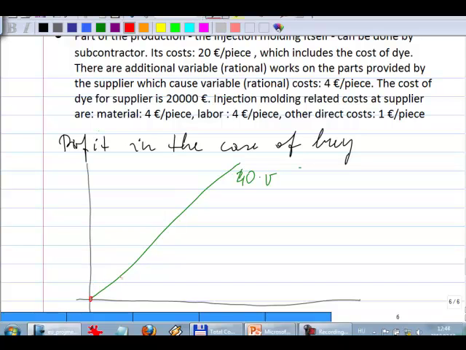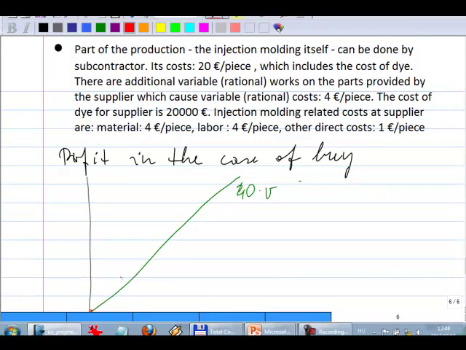What is the slope of this cost line? What is the cost of buying? So,